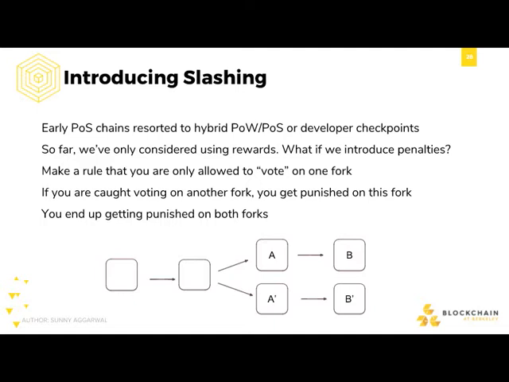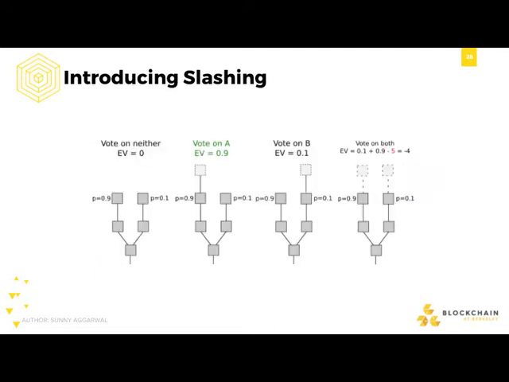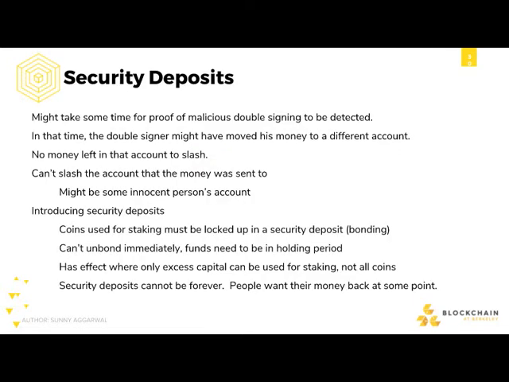Well, either you could say you get punished by voting on the wrong fork, or you could say that you get punished on voting on 2 different forks at once. It's up to the algorithm designer. Back to our previous example. Let's say we introduce this penalty, subtract 5, if you're caught voting on 2 forks. So now you're clearly disincentivized on voting on 2 different forks at once. So you could say this solves the nothing at stake problem.